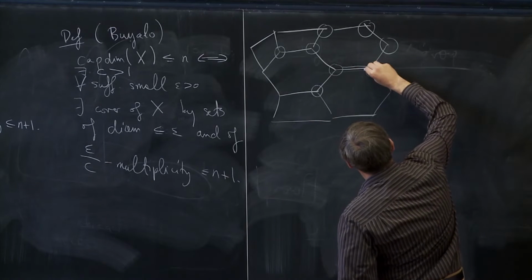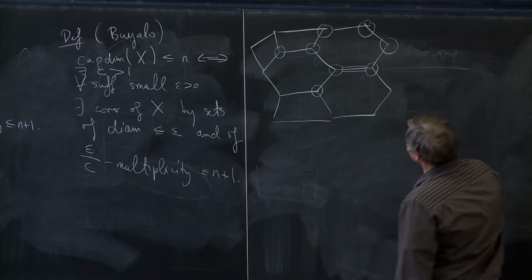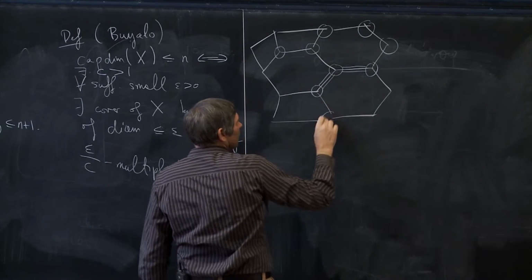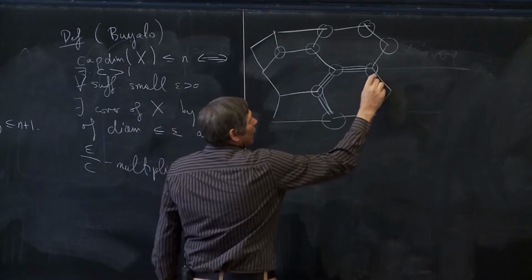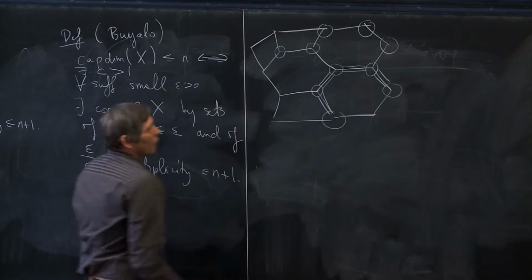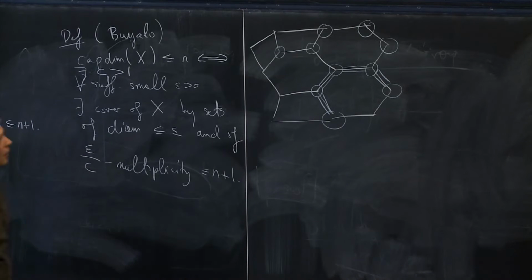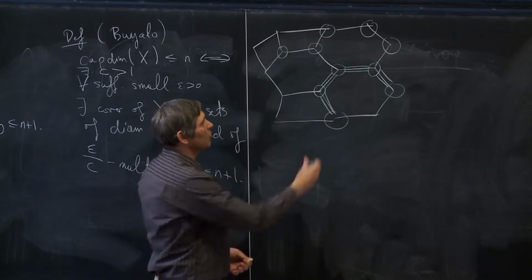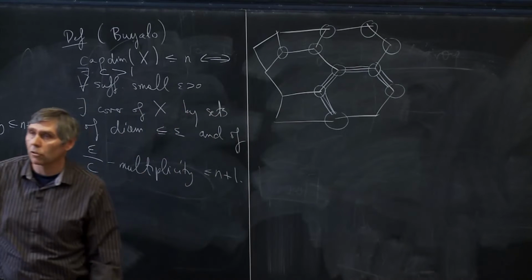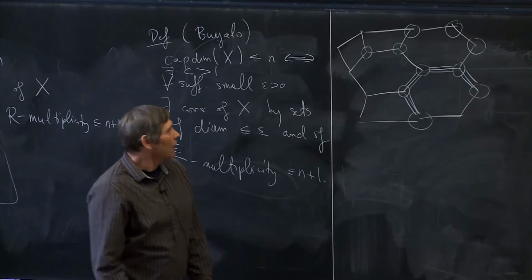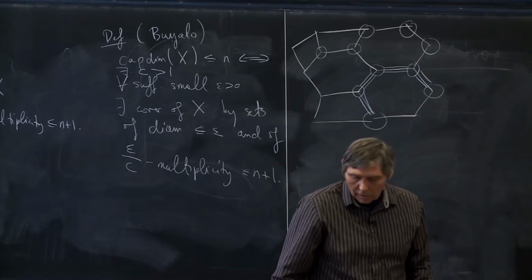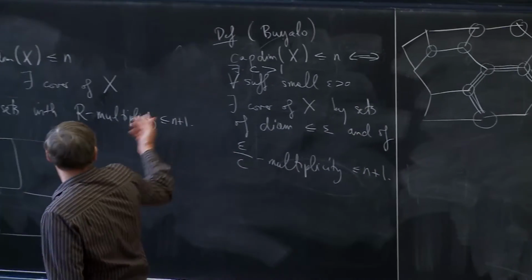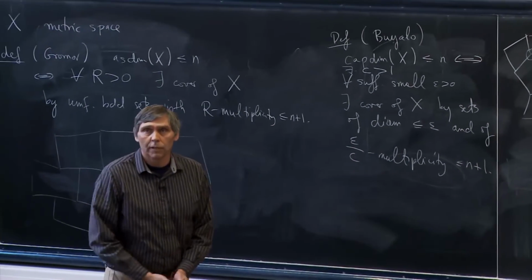So my next collection of sets in the cover is going to be some kind of a picture like this. These are the 1 handles, and so on. And then when you get to the top dimensional cell, you just delete from the top dimensional cell all the handles that are already constructed. And now with luck, if the cell structure has a reasonable geometry, this is going to be a cover as required in the Buyalo definition.